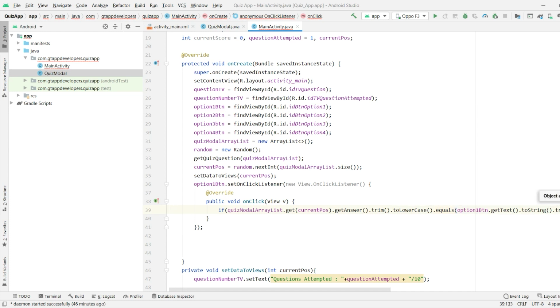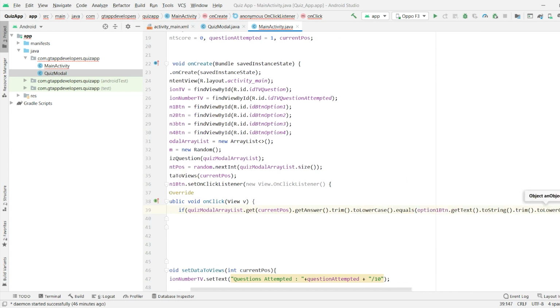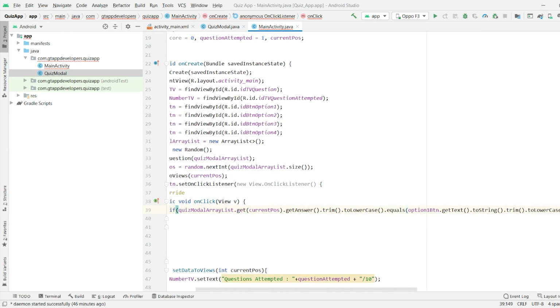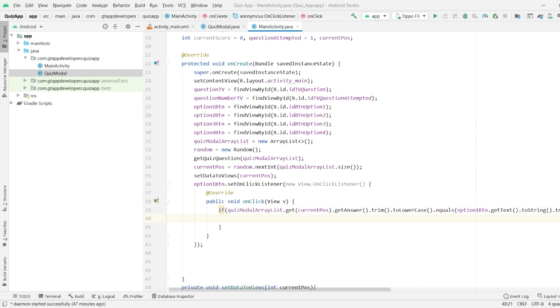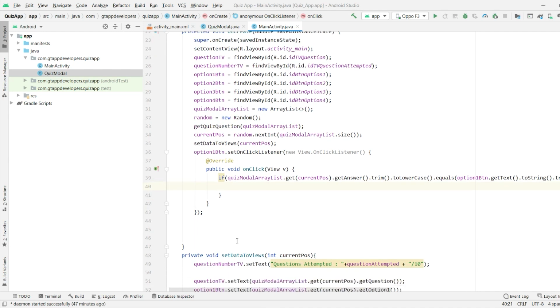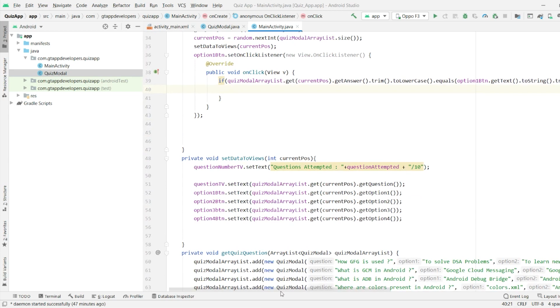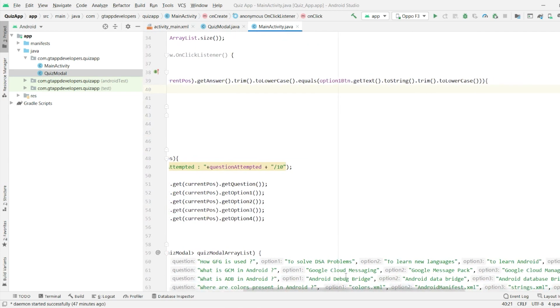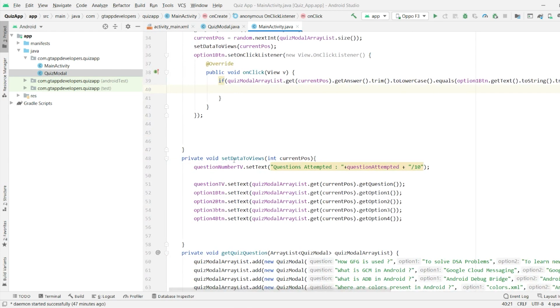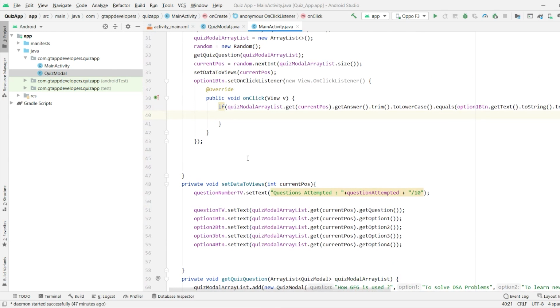Here also we will use trim and dot to lowercase. This is used because when the options are not correctly entered, that is, if the option and the correct option have some space issue, to avoid this issue we add dot trim and dot to lowercase.